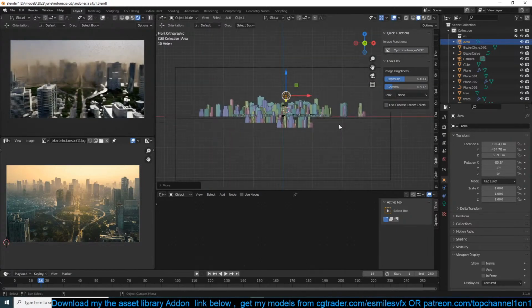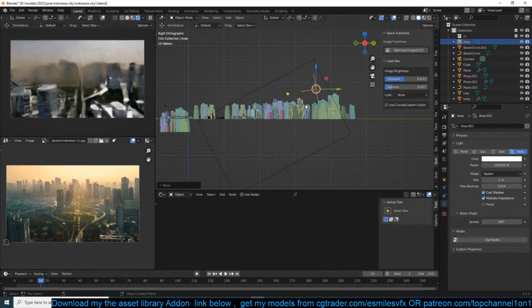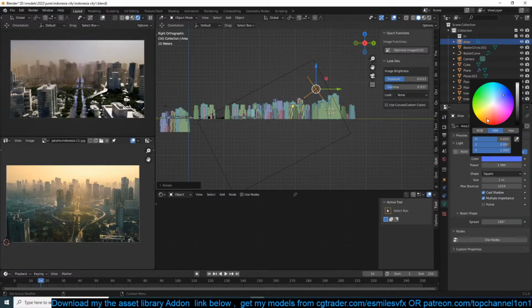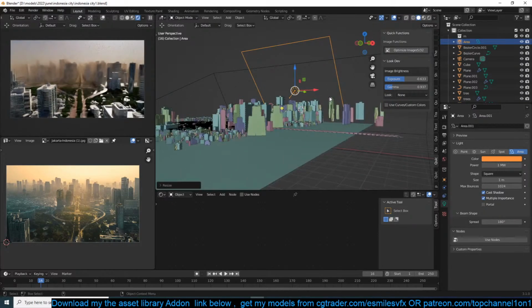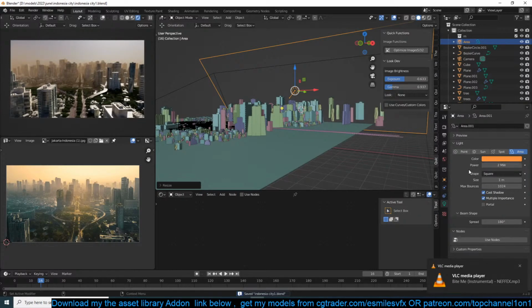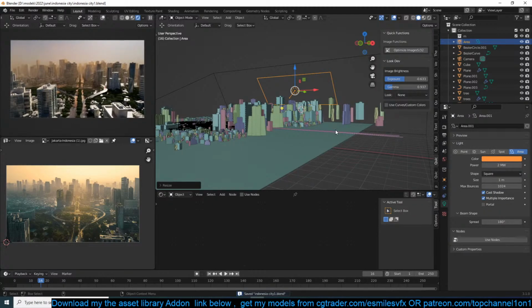So if I add a huge area light in the back there with a ton of light, doesn't seem to add much. Maybe 2 million. It also seems to